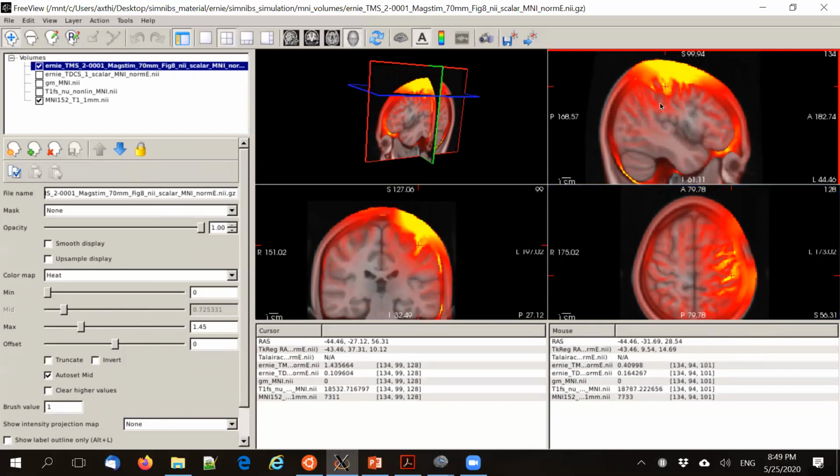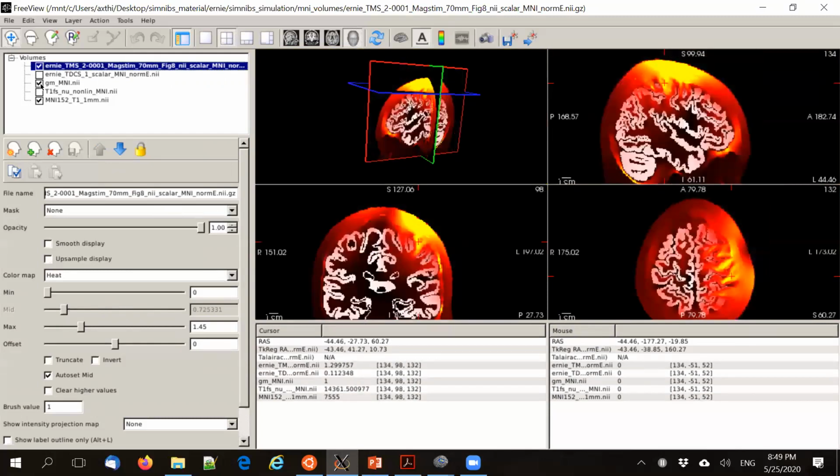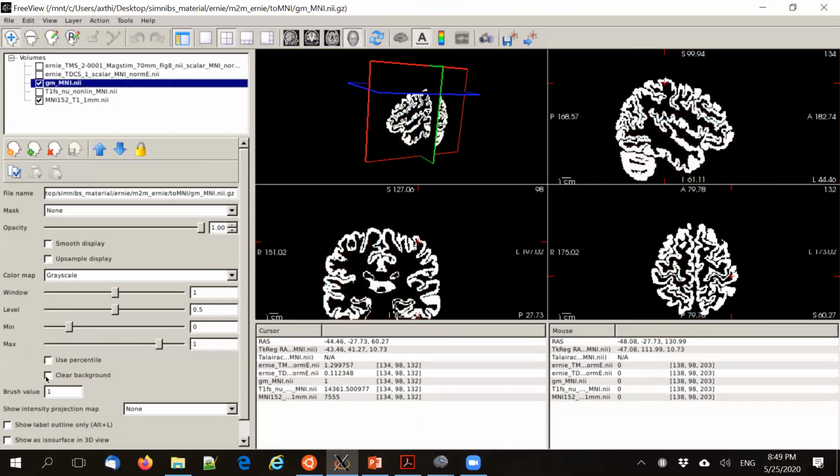So it might be nice to be able to mask the fields a little bit. And that's why we have included the gray matter mask here in the MNI space. This is not automatic, but what you can do now is you can basically load the mask and this result in Python or MATLAB and just apply this mask to the fields to only have the field in gray matter. And why this is particularly useful is that